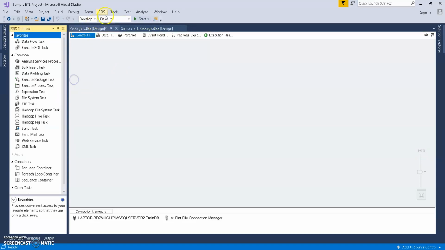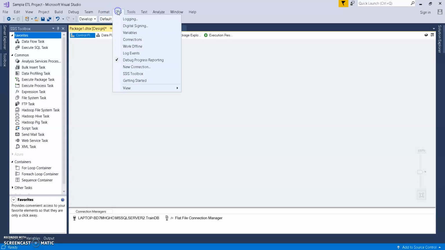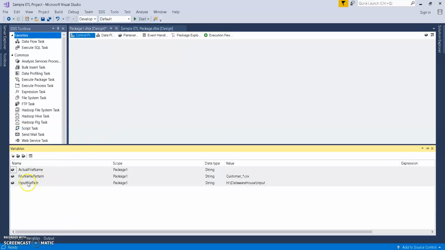And I already created three variables. The first one is actual file name, then the input file path, where the folder path will be stored, and file name pattern.